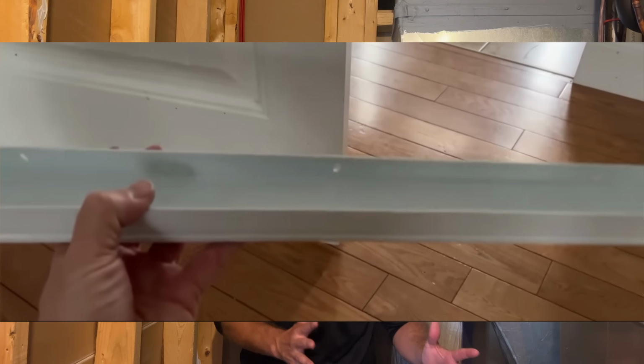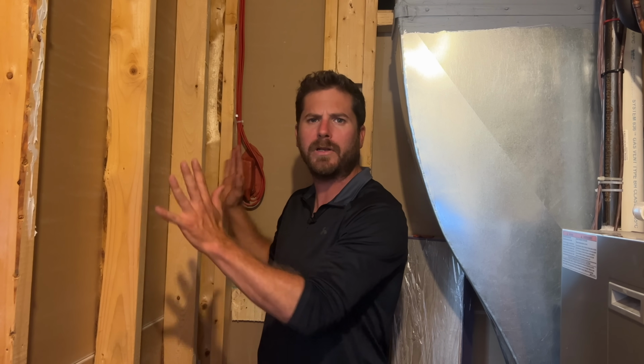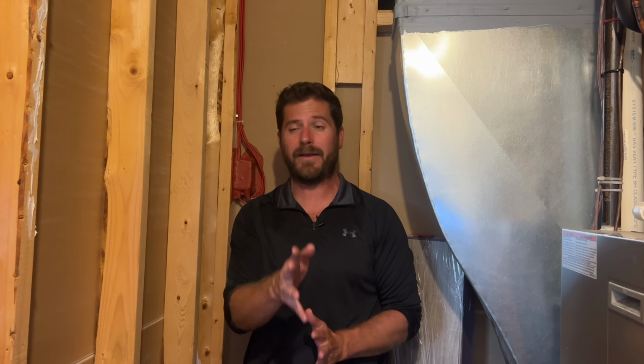Now if you're looking for a more DIY way to soundproof a room and something that might not cost this much, there is a way to do it. There is a way to soundproof a wall without even ripping out the drywall, without making it look like this. There are different techniques, and if you want to know more about doing that and on a budget, video right there will show you exactly how to do it and how to not break the bank, and something that you can do